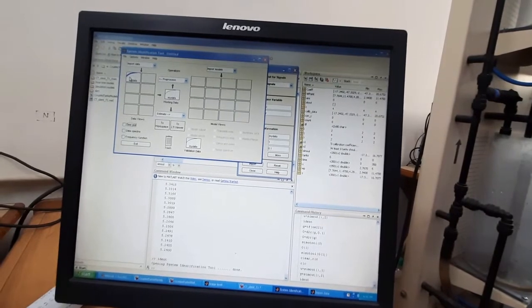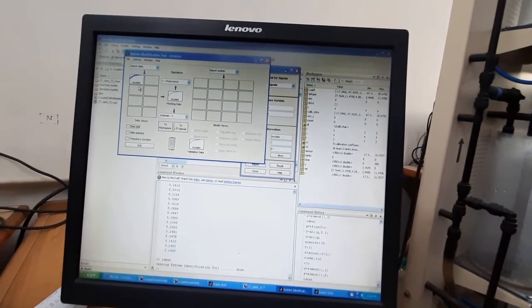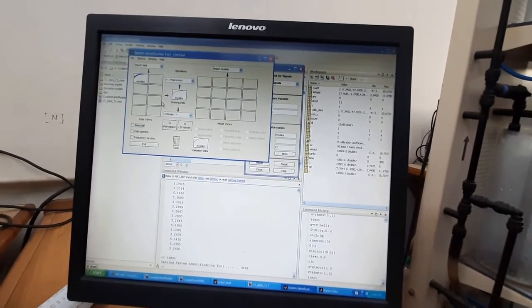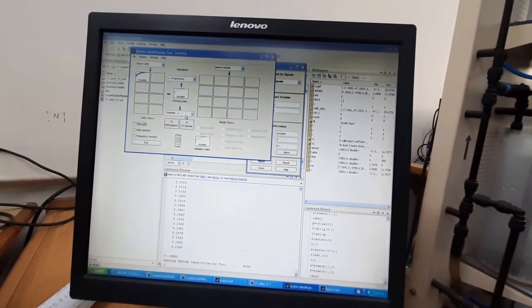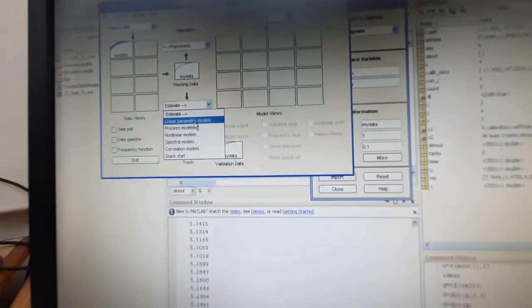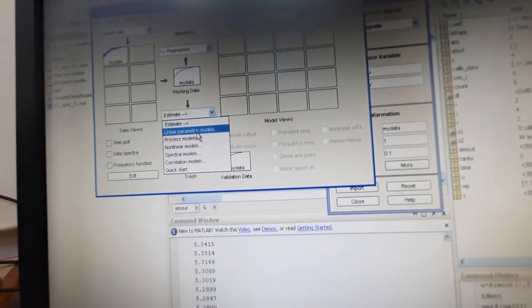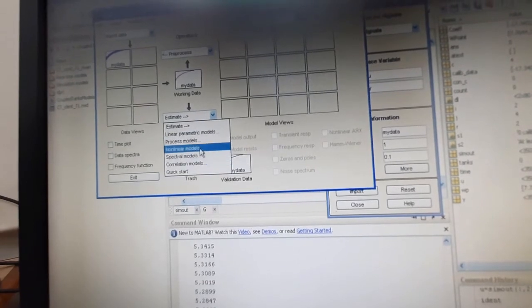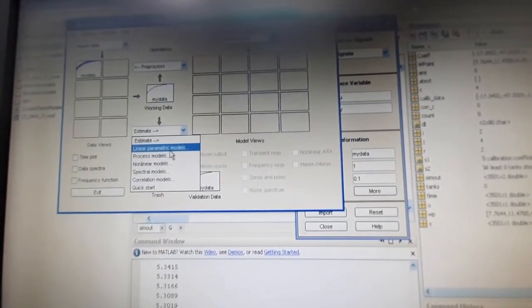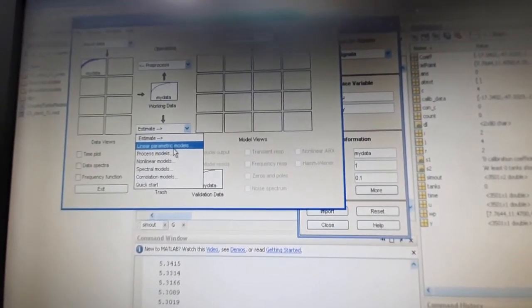Now what I have to do is estimate a model using this variable. For that, we can see there is an option, estimate. In that estimate, we have to select the linear parametric model. A lot of models are there, you can select any one of them. For our experimental purpose, we choose linear parametric model.